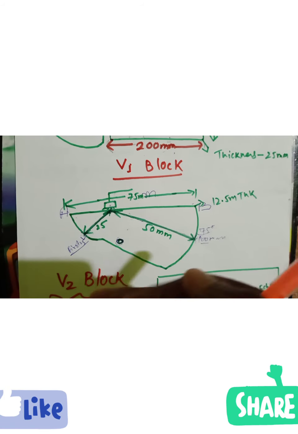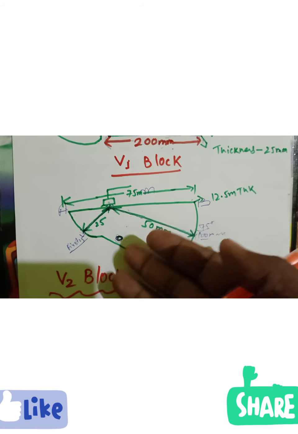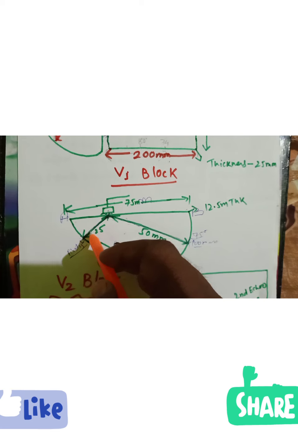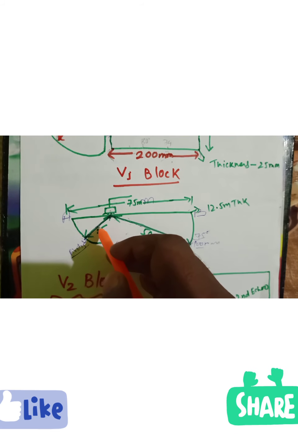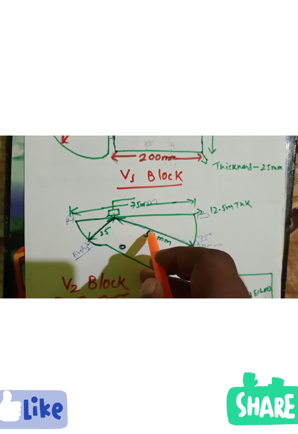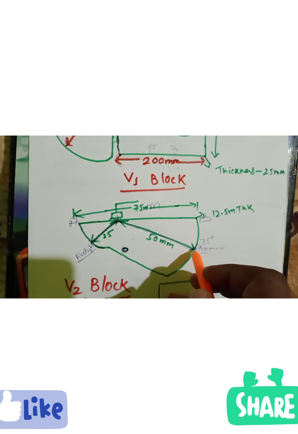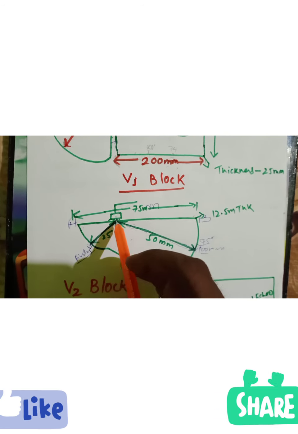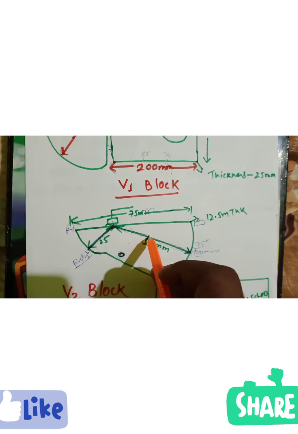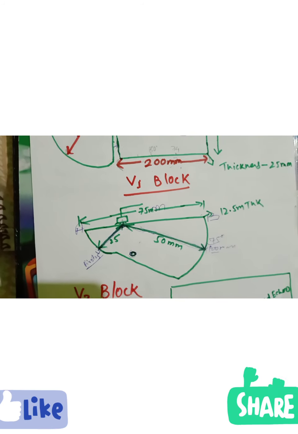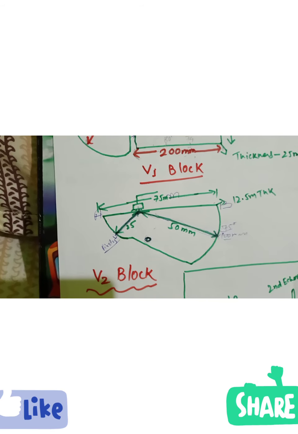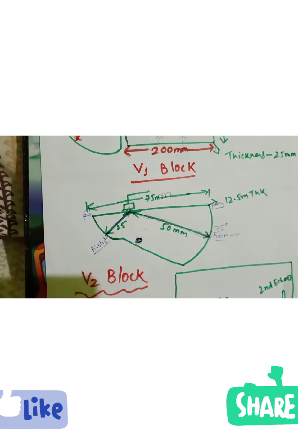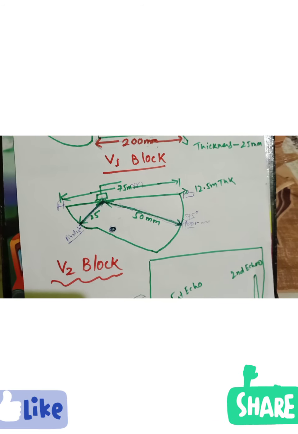How you calibrate and how the sound wave works in it, I will explain. Firstly, the sound wave travels this way and then reflects, then it goes to 50, and then it reflects again. The sound wave travels in the V2 block like this. Firstly, it goes through 25 and then 50. This way the sound wave travels in the V2 block, and there is also a small groove in the V2 block.